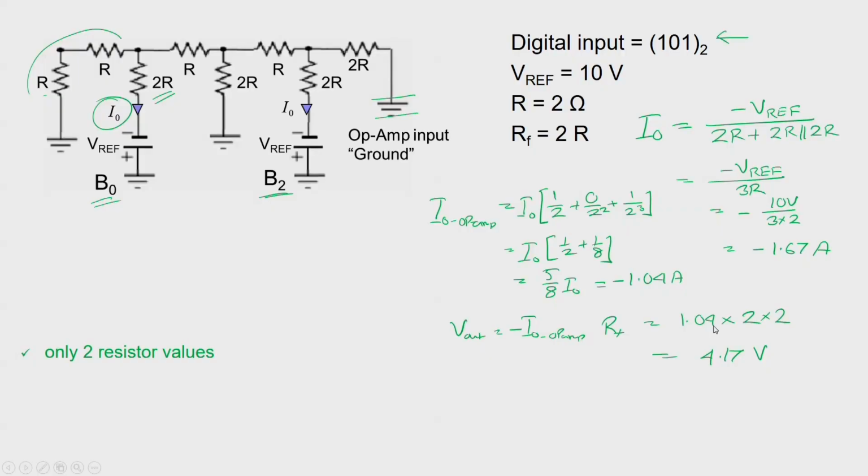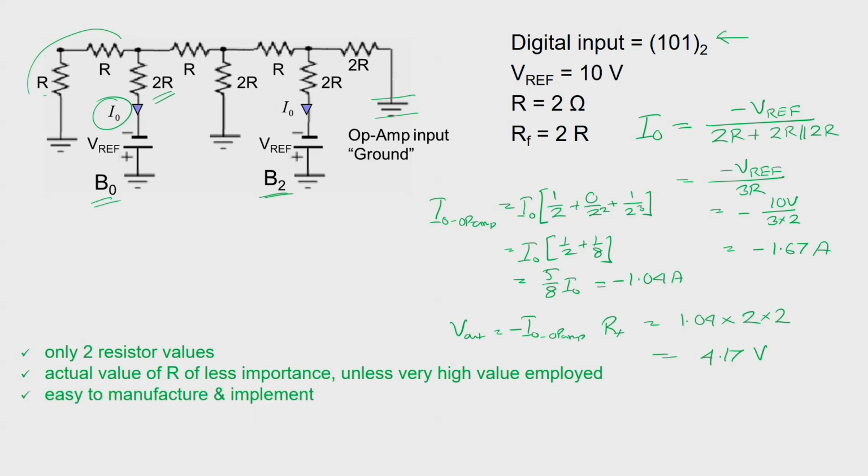It is a much more complicated structure compared to the binary weighted resistor circuit that we have discussed, but it has much bigger advantages once we have control over this. The biggest advantage is there are only two resistor values to consider, R and 2R, whereas in case of the binary weighted resistor we have to consider a very large range of resistance to deal with. Actual value of R is of less importance unless very high values are employed here, easy to manufacture or